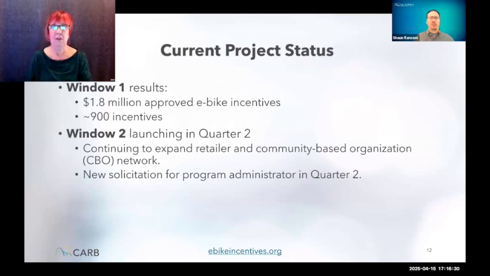All right, and our current project status. We're wrapping up window 1. So far, we've redeemed approximately 1.8 million, which is approximately 900 incentives. And for window 2,